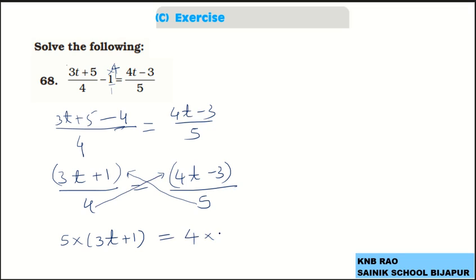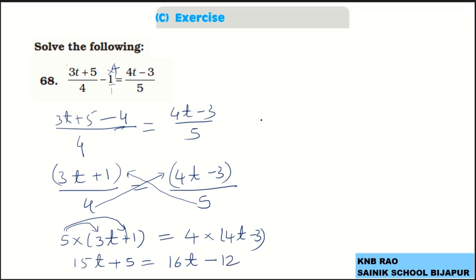So, 4 into 4t minus 3. Now, we will multiply by using distributive property. 5 into 3t gives you 15t plus 5 ones are 5 equals to 4 into 4, 16t minus 4 threes